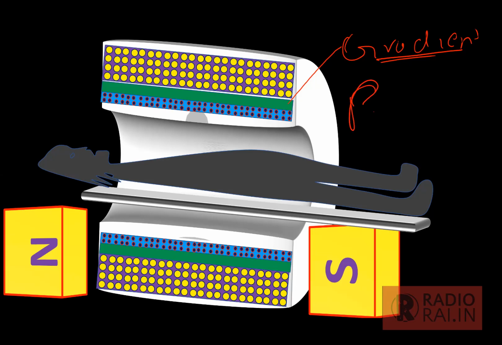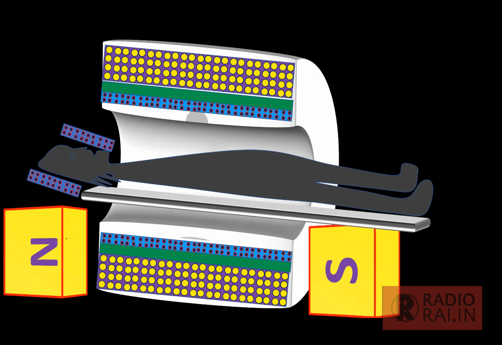So these are nothing but the RF coils, and these are called body RF coils because they are placed inherent in the gantry, and they are very large coils. They are used for the entire body, so they are called body RF coils. Then there are surface RF coils. Surface RF coils are separate coils. We can keep them anywhere on the body surface of the patient. So there are two types of RF coil. One RF coil is incorporated into the gantry. It is called the body coil. There are so many other types of RF coils. They are used in the rest of the body.